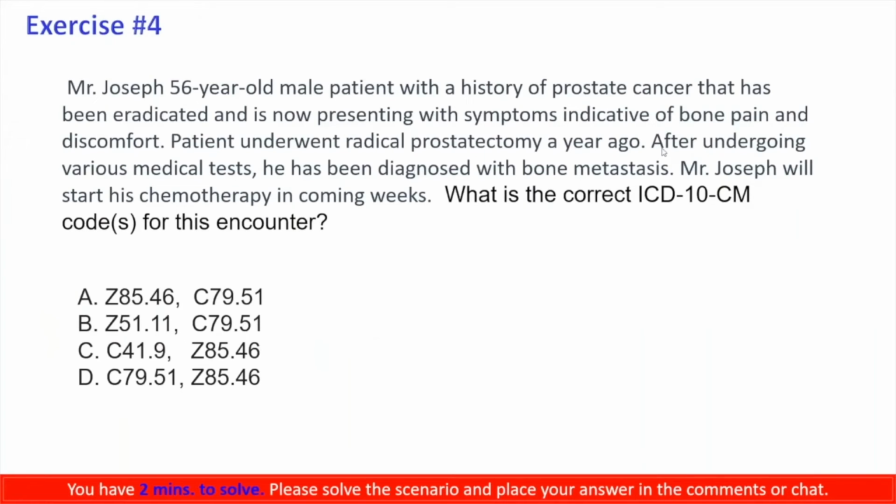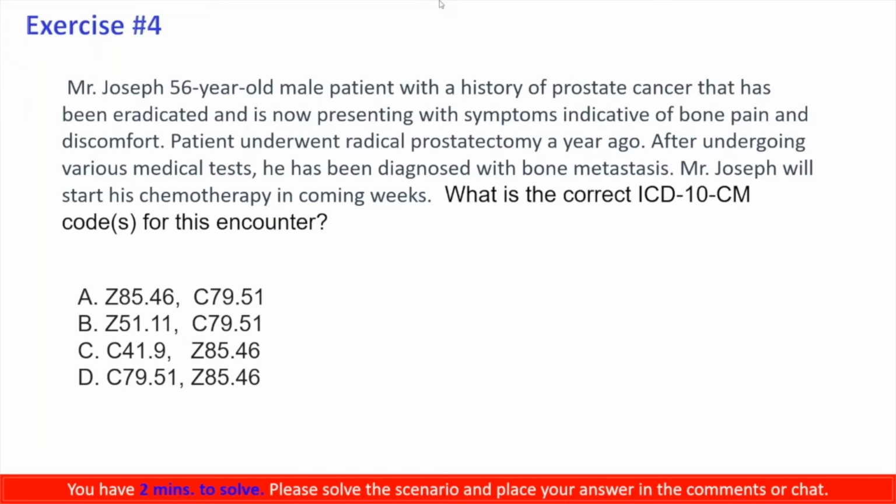And here's your question for you. Mr. Joseph, what is the correct ICD-10-CM code for this encounter? Your options are option A, Z85.46, C79.51, option B, C61.11, C79.51, option C, C41.9, Z85.46, option D, C79.51, Z85.46. Question of Mr. Joseph, a 56-year-old male patient with a history of prostate cancer that has been eradicated and